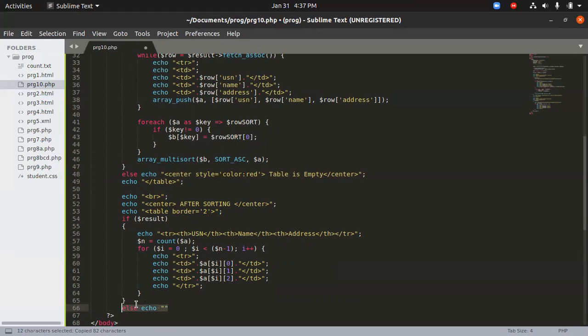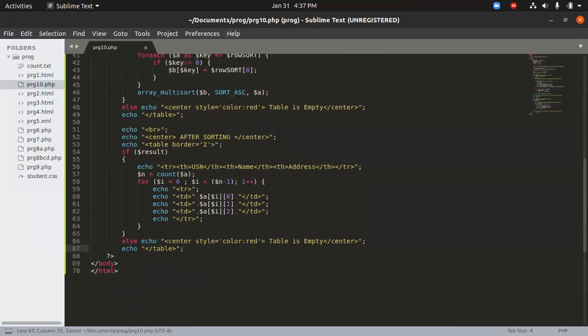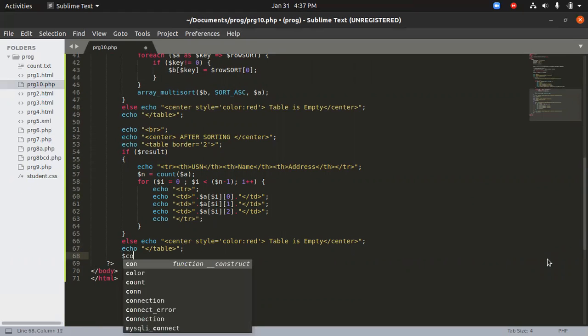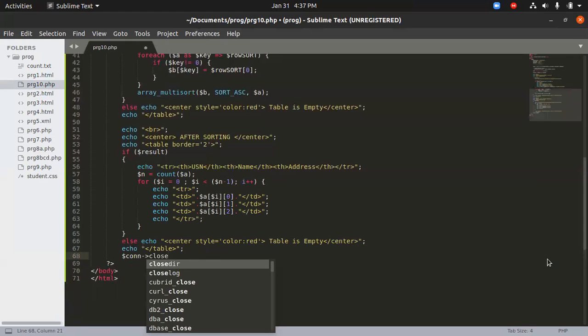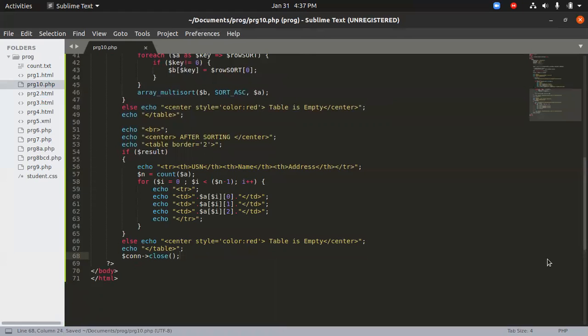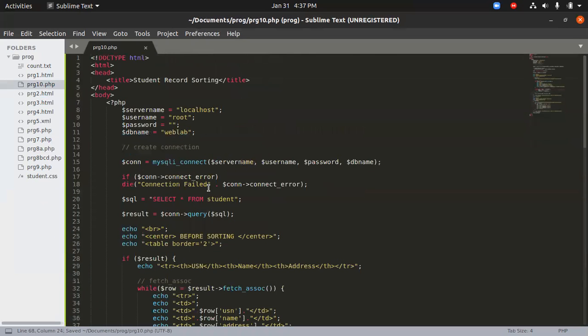It's going to be the same. And then finally we just close the connection to save system resources. Close. We use this to close the connection. Now we'll check the output.